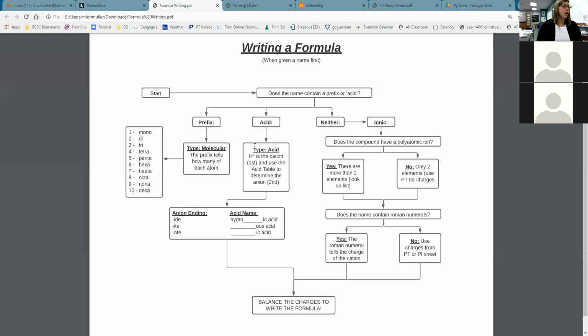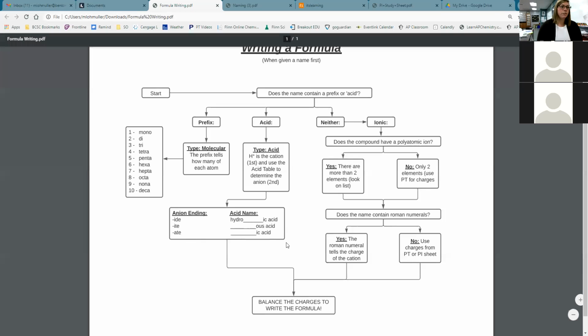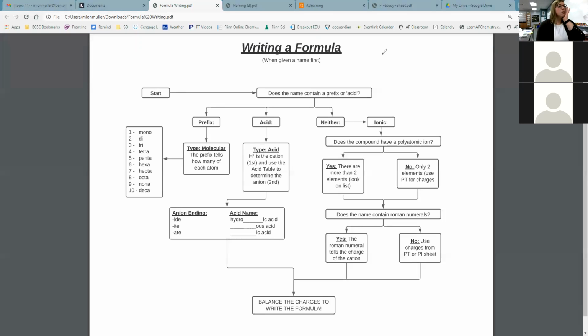All right, so let's do some examples of writing formulas so that we know what we're doing. I'm not going to share my screen. Let's just write like we've been doing. That makes it a lot easier than flipping through all the time. So let's say that you're given the name